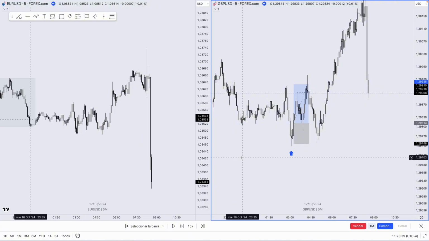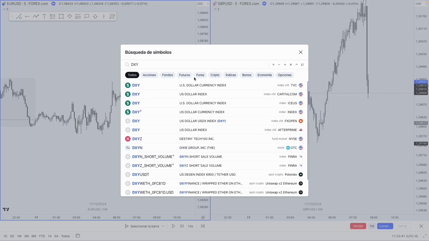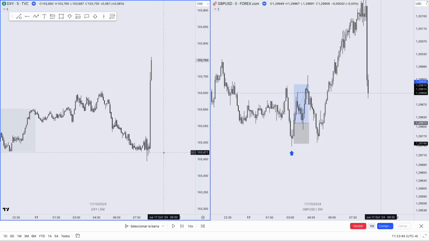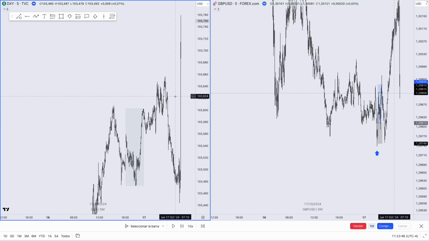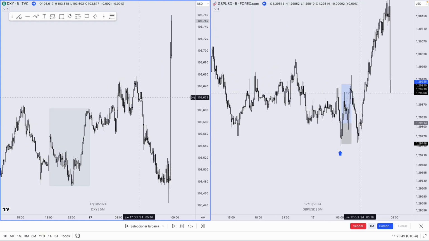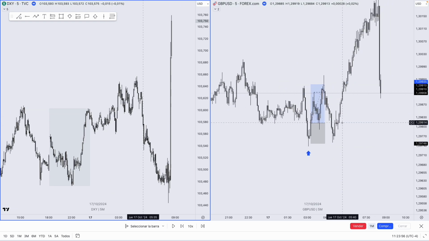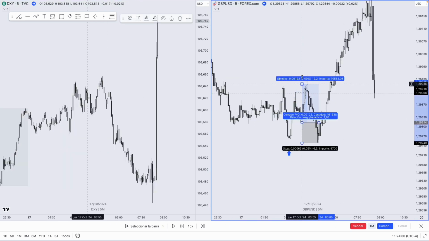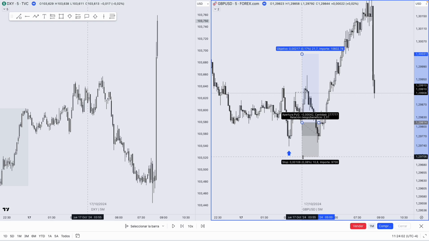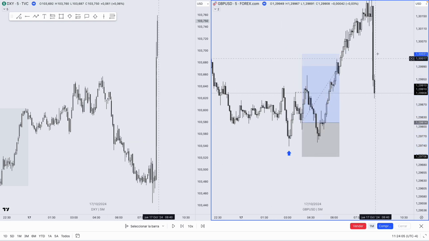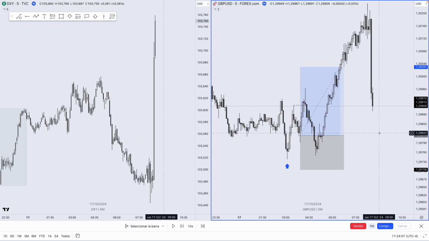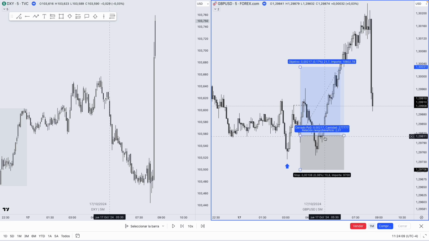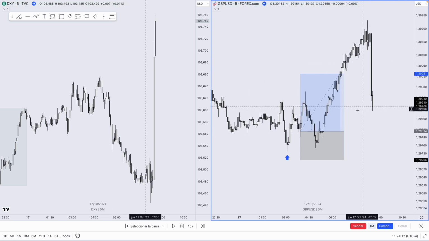It can happen. Many of you asked me questions about how to avoid this. This always happens. You have the risk that this is going to happen. If you have the SMTs, you may think you don't need another ride, and you just take the trade early. There may be some of you that bought here, took profit down here, and got stopped out at break even, and then the price moves in your favor. Timings are not always easy to catch correctly, especially when there was a news event today.